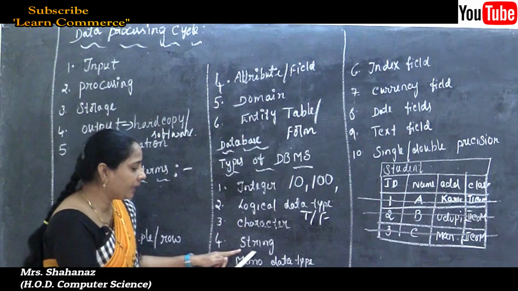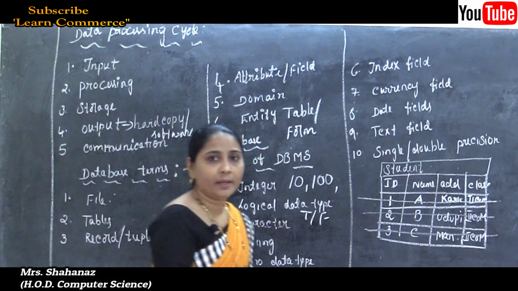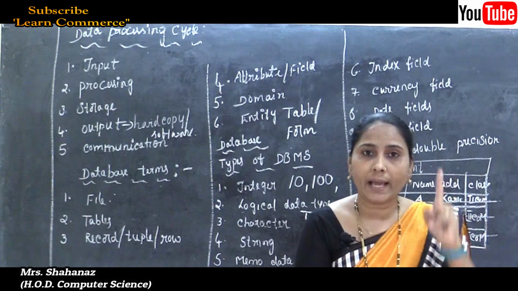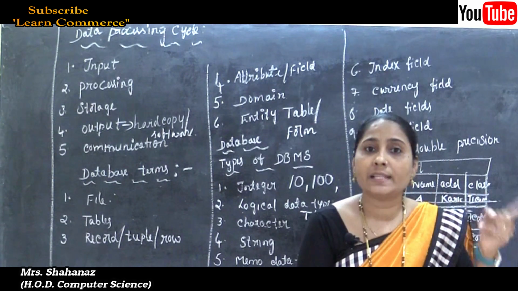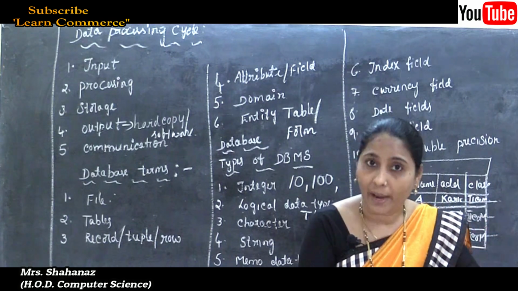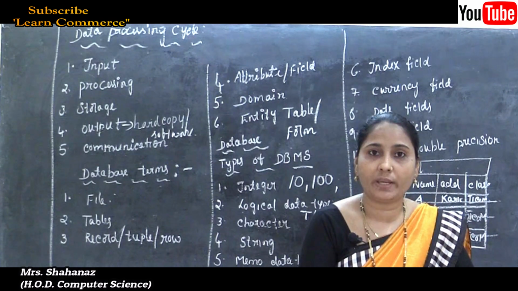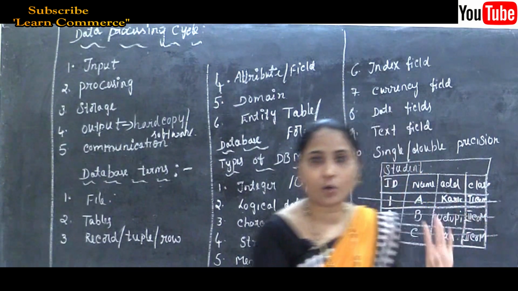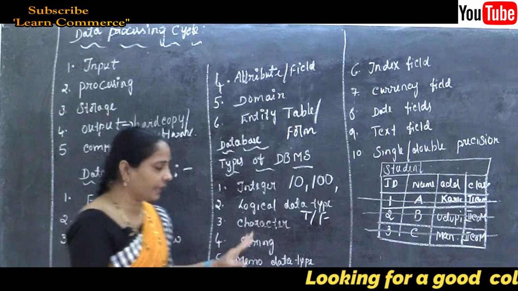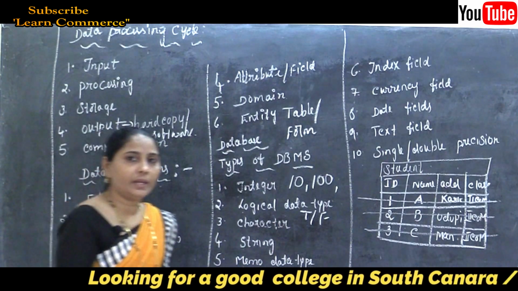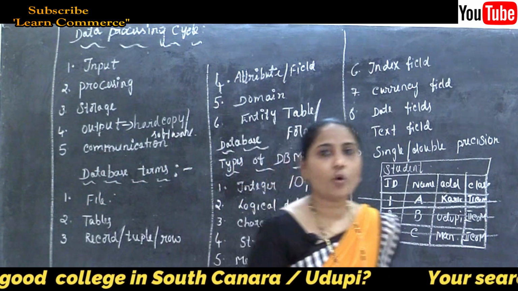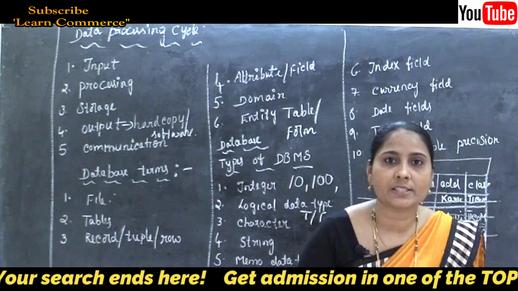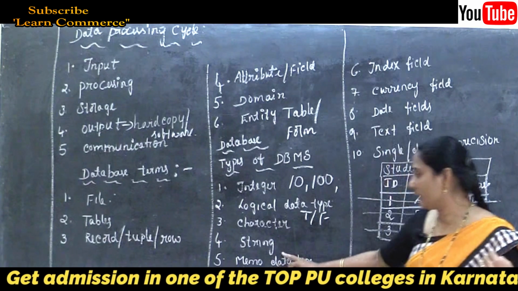And later, next one is about our string. We know that in our character just one character we are going to use, and the size of the character is 1 byte here, and some of the information we can store is the address, letters, numbers, by using single quote here. So this is about our character. And string means here we can store more than one character, a group of characters, a sequence of characters, by using the data type string.